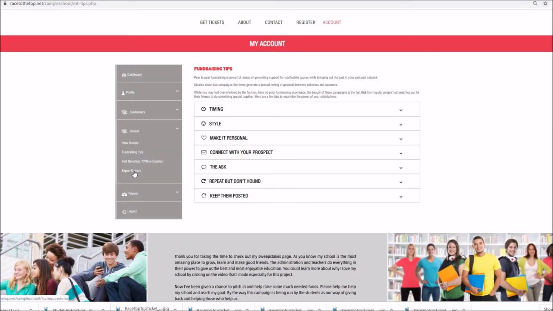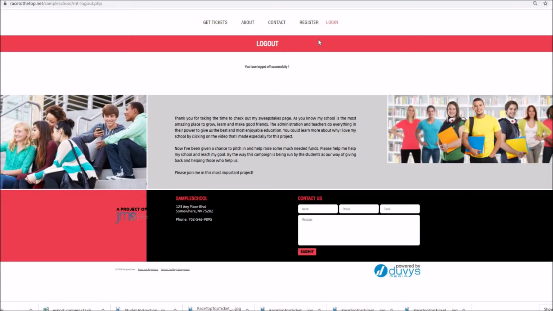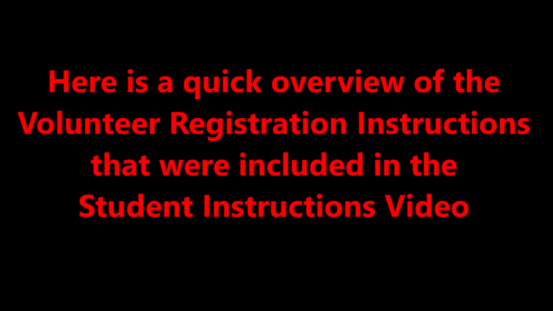Here you can export the donors, so you can have it on Excel spreadsheet. There's where you could email prospective donors, and this is where you log out of the admin. That's all. Pretty simple. Now for an overview of the volunteer registration instructions that were included in the student instruction